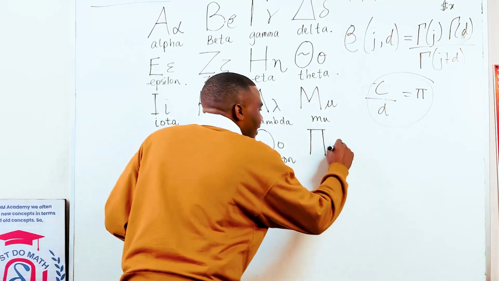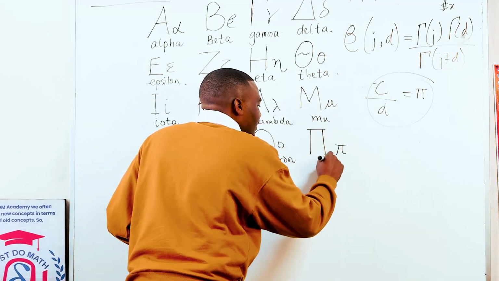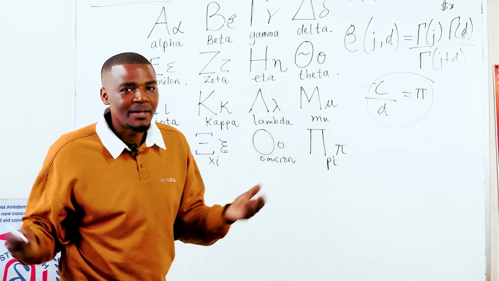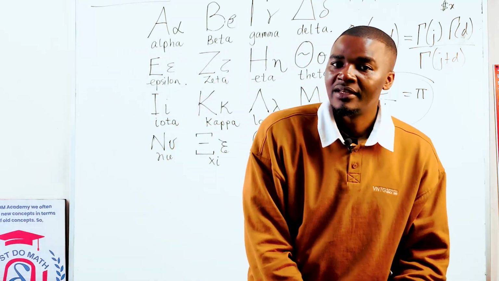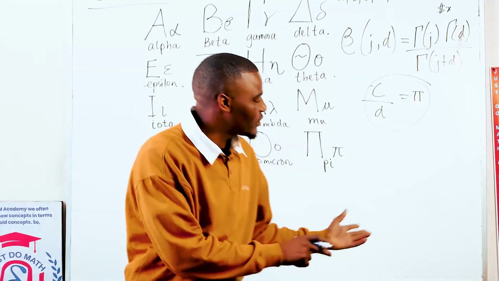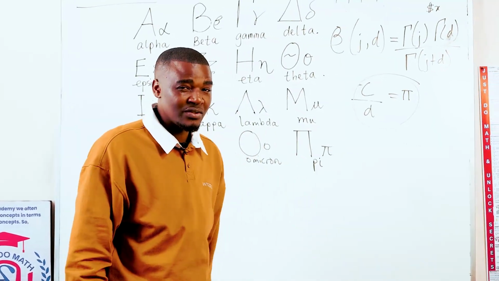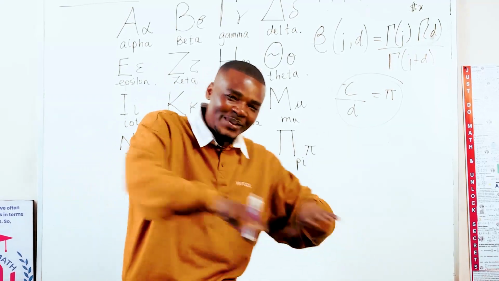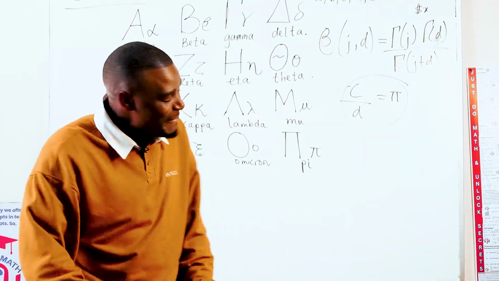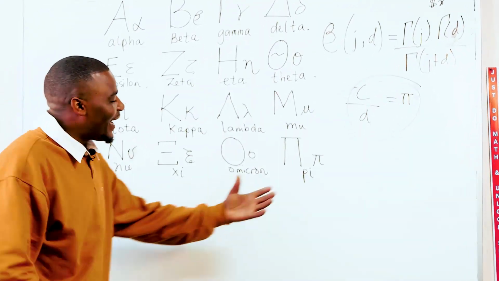It's written like this in small letter pi, right? Some people, when they hear the word pi, they think of that one that we normally eat. There is no problem of attaching this to that one that we eat. That's what mathematicians also do, like attaching some things to some things. But anyway, so after pi,